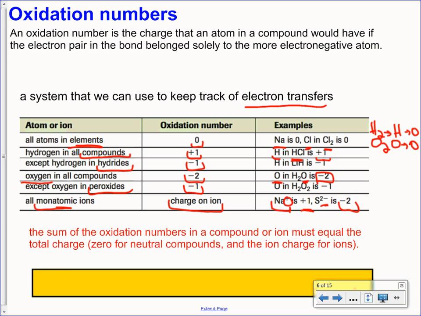And so the thing that I'd like you guys to keep in mind with oxidation numbers is that the sum of the oxidation numbers in a compound or ion must equal the total charge of the compound. So for neutral compounds, the sum of the oxidation numbers has to be equal to 0. And the ion charge for ions. So for example,